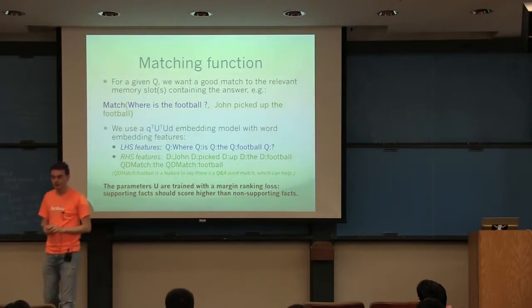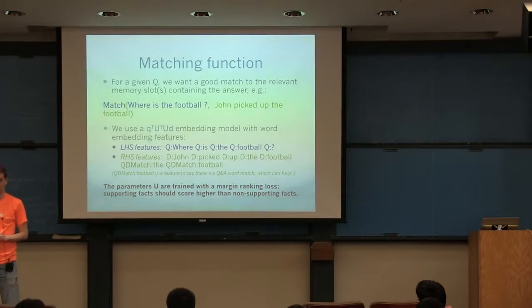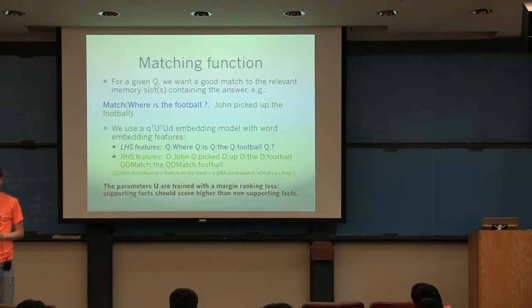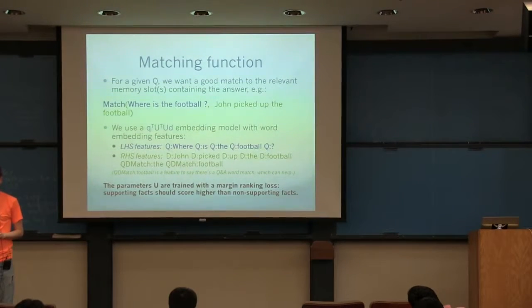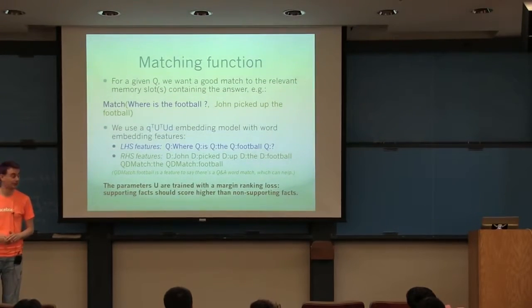Sorry, for the embedding prefixes, I can understand why you would want different embeddings, but you might also want the embeddings to be related, like Q:4 and D:4. Is there any enforcement of that, or is that all learned from scratch? It's all learned from scratch, but you could imagine having some regularizer that tried to push them to be similar or something like this, but we didn't do it.